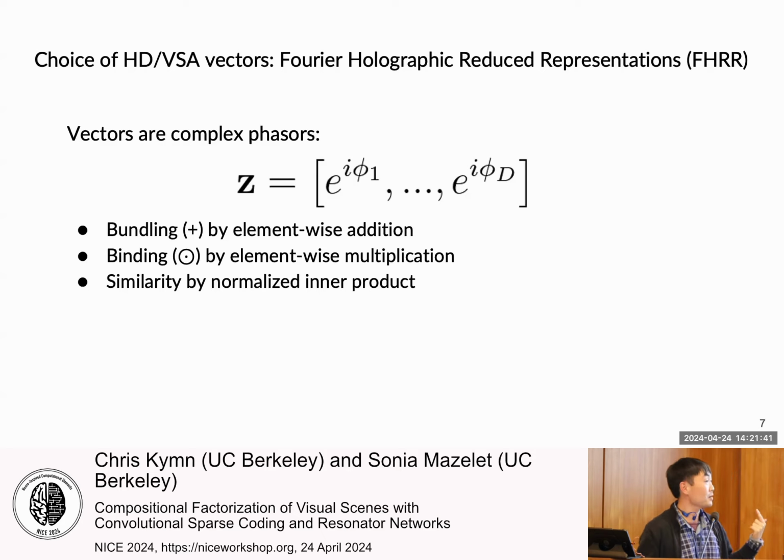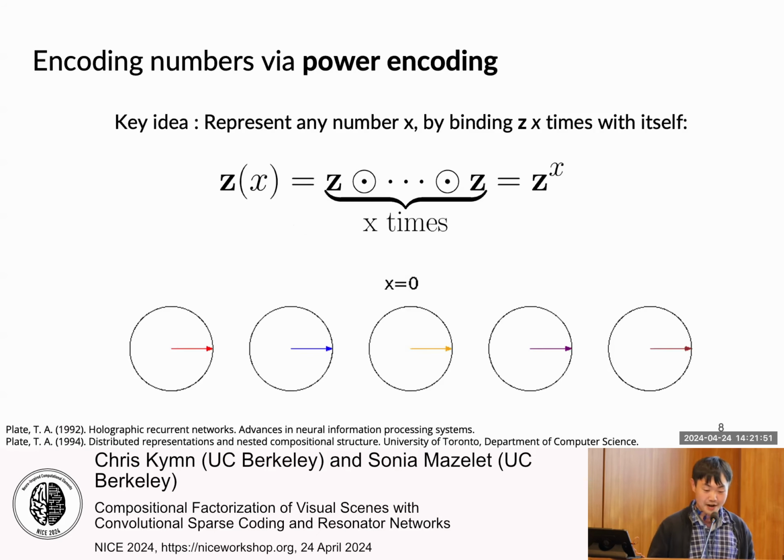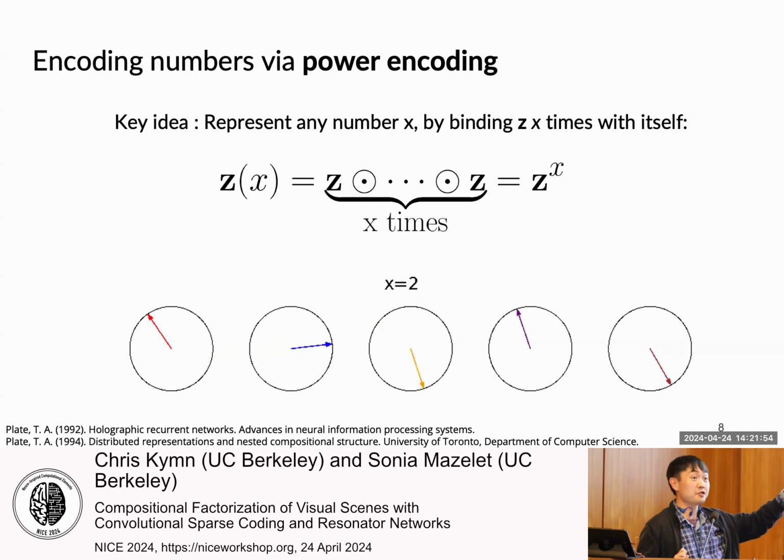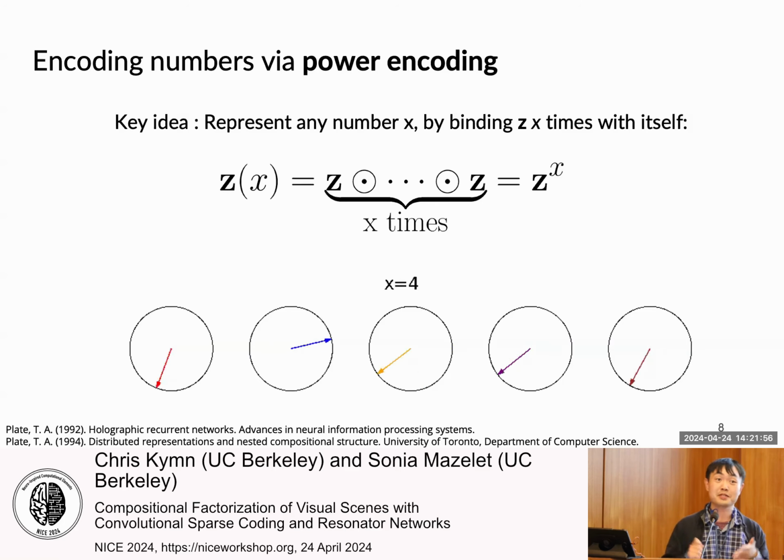The bundling is by element-wise addition, binding by element-wise multiplication, also known as the Hadamard product, and then similarity is just by normalized inner product. So it scales between 0 and 1. And then, so far I've just introduced it in terms of symbols, but if you want to represent numbers